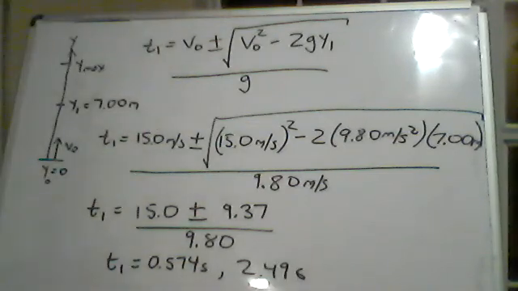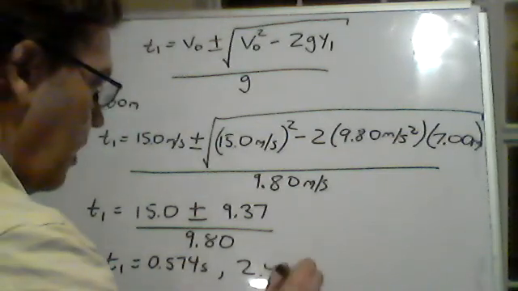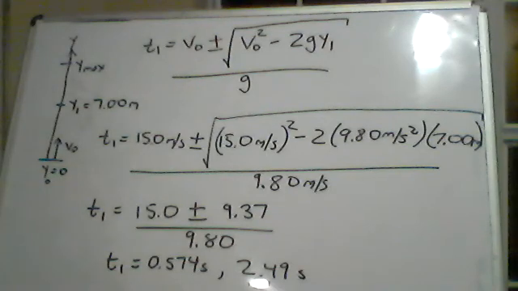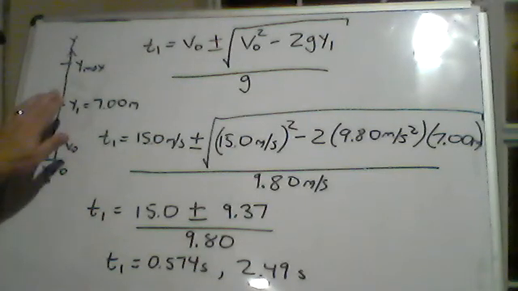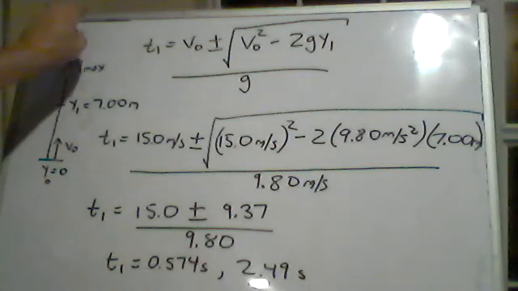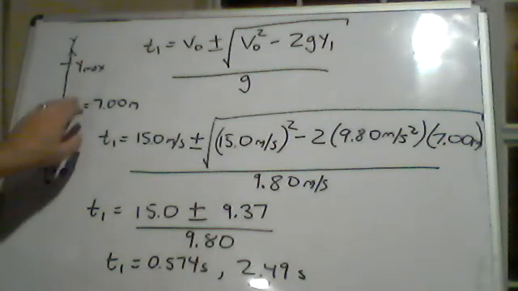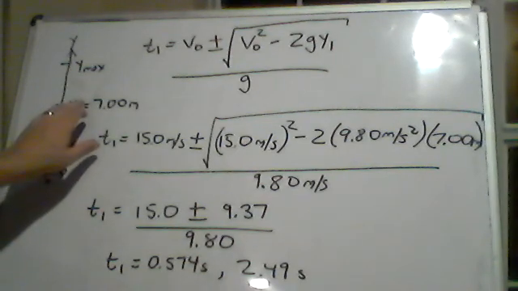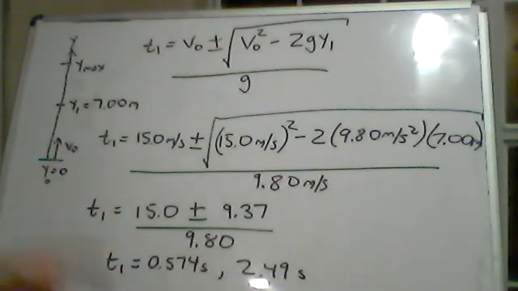That means that in this problem, if I'm looking at my stopwatch, the object passes the tree branch the first time in only 0.574 seconds. It goes all the way back up, and when it comes back down, it's been in the air for 2.49 seconds by the time it passes the tree branch on its way back down. But that's not exactly what